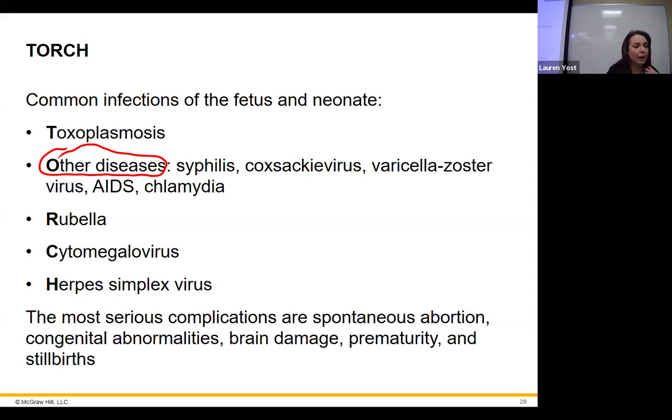Then we have rubella for R. You probably recognize rubella as a term, as a name, but you probably have no idea what it is. You get your vaccine for it very early on in life, MMR, measles, mumps, and rubella. Yeah, we talk about it all the time because we talk about measles all the time. But rubella is a viral infection that really doesn't cause too much of an issue with a healthy person. You might not even get symptoms.